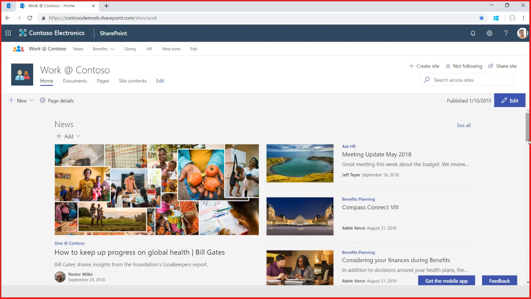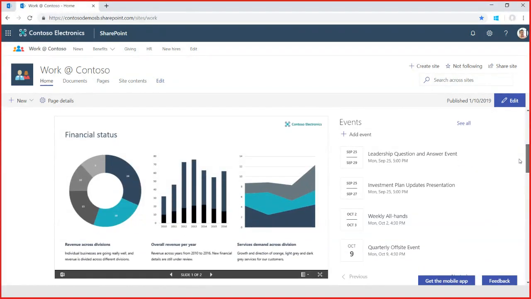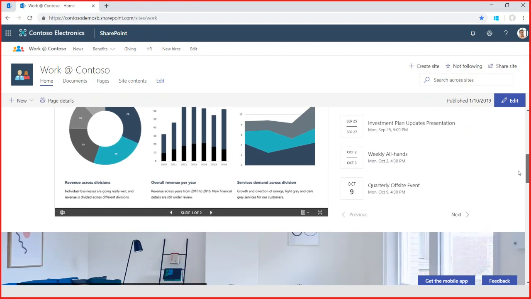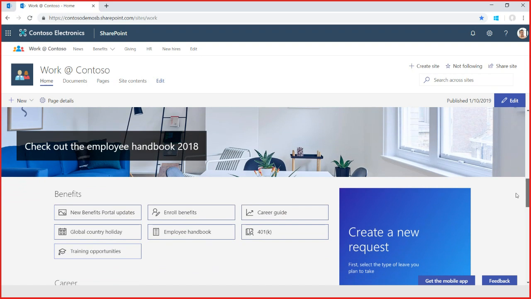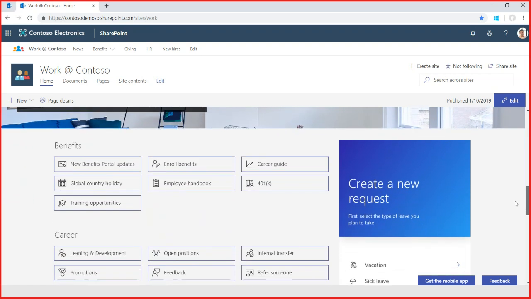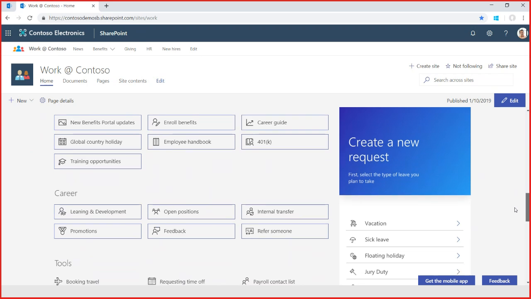And so here on this site, this is simply a communication site. It has some of the same things we've been seeing elsewhere already today. We have some news coming in. We've got some events. We're showing some key financial metrics and KPIs. And we also have links to important resources elsewhere in the organization. One of the things on this site that we haven't seen yet is on the right side of the page right now,